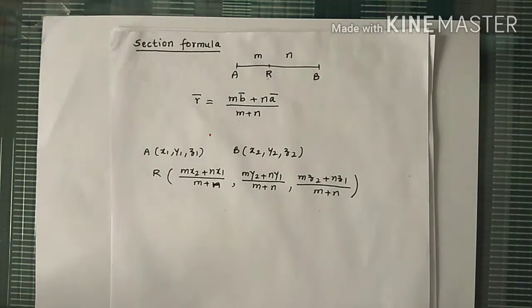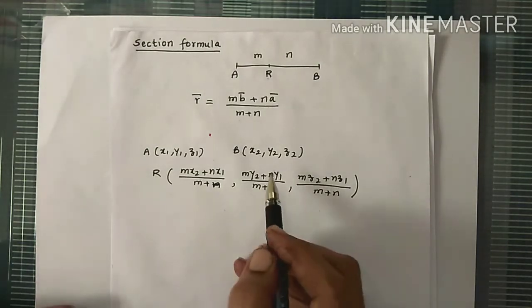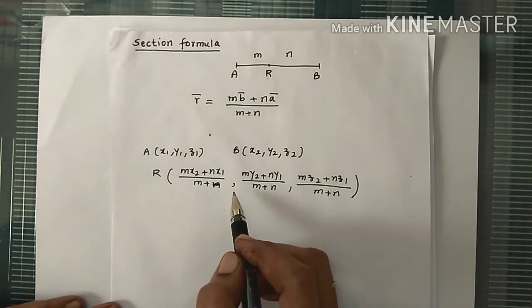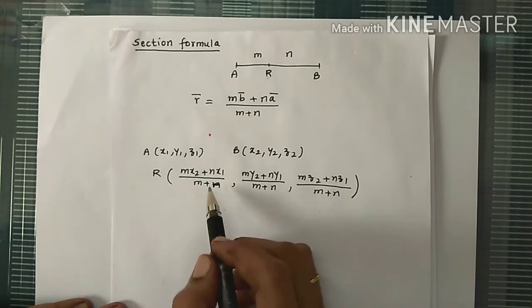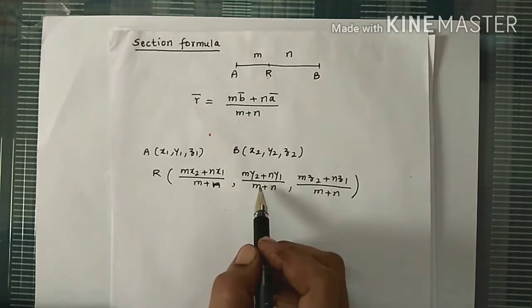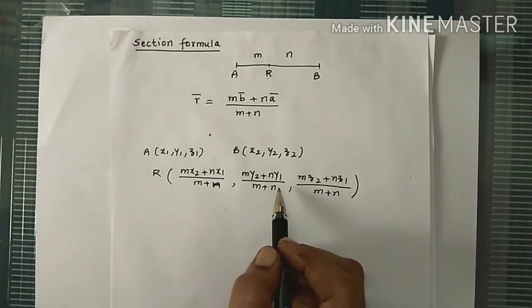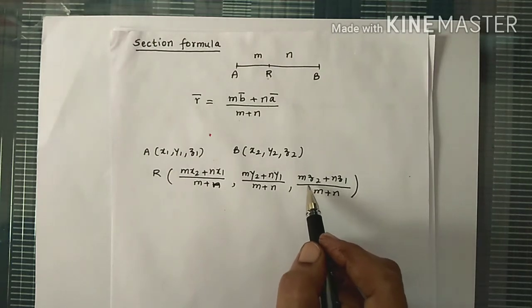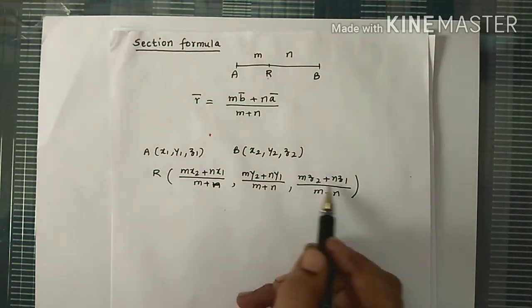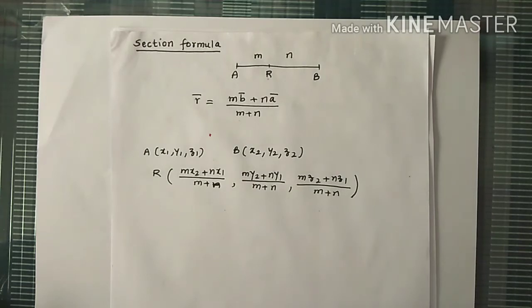So this is the section formula, which is same as we have learned in 10th standard. Only thing is, in 10th standard we have two-dimensional geometry, so we have the section formula having x coordinate and y coordinate. Now since we are considering the points in space, we have z coordinate also. And it is the same formula, (mx2 plus nx1) upon (m plus n), similarly for y and z coordinates. Okay, now let's study the corollaries.